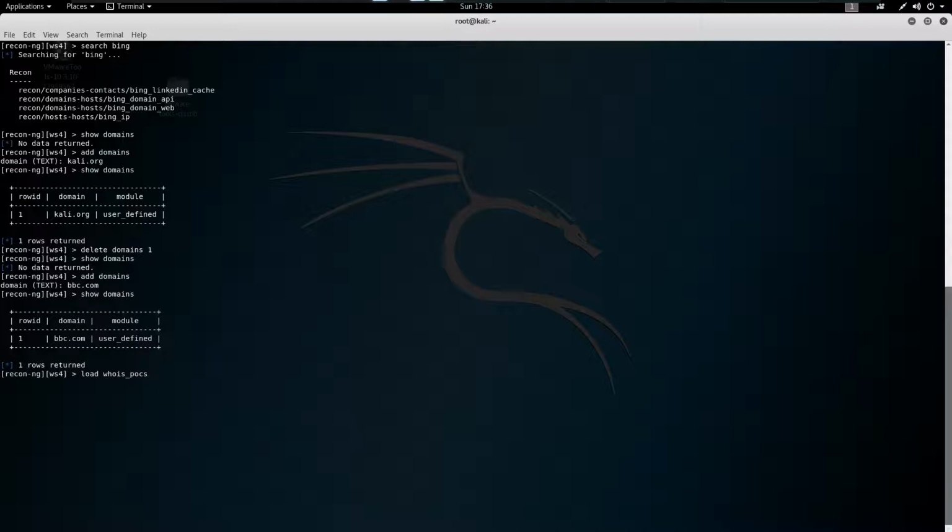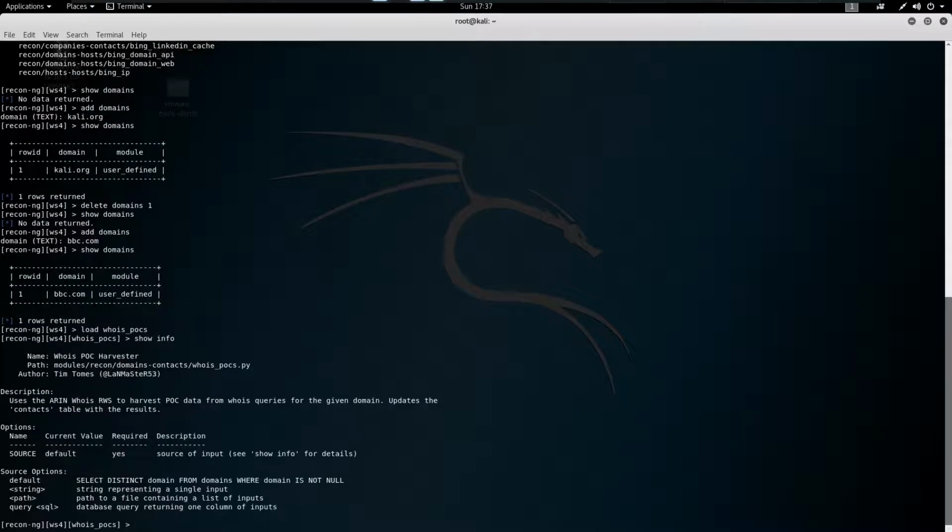It will load that module. It's loaded now. To check the requirements, just type show info, and it will tell you all the requirements that this particular module needs.